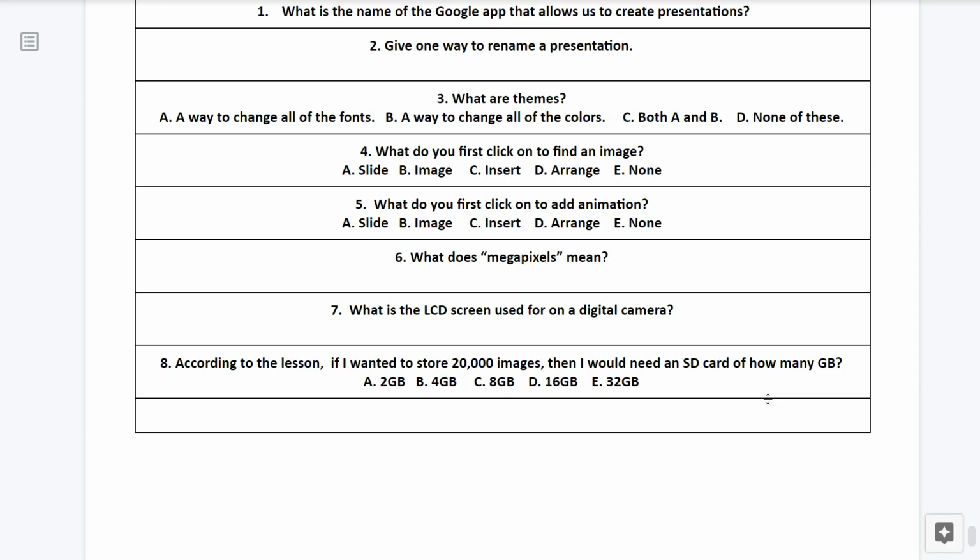Question number 6. What does megapixels mean? Question number 7. What is the LCD screen used for on digital cameras?